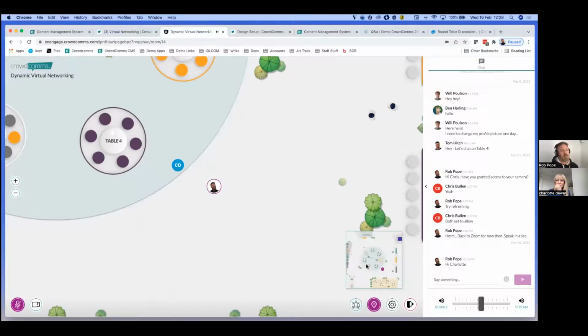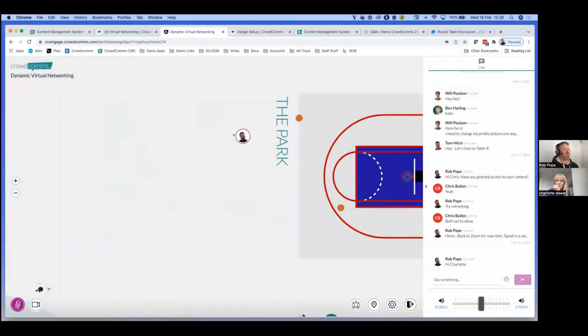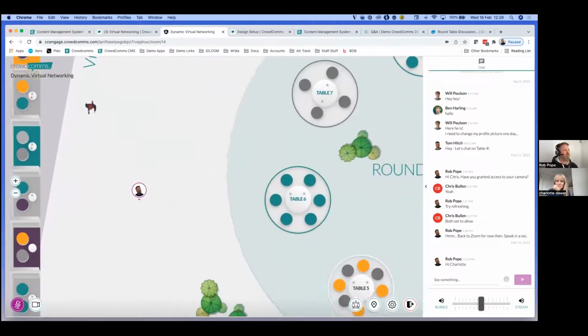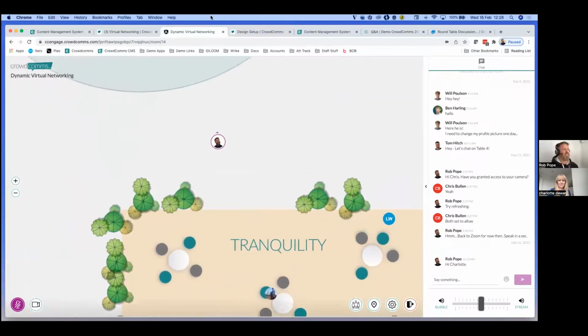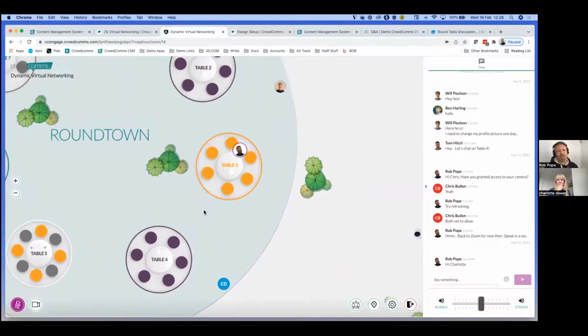We've also got the mini map to show you where you are. And if I do a quick zoom around, you'll see the length and breadth of the room. It's 4,000 by 4,000 pixels, and you can have any design you like as a backdrop. We've here gone for some sort of a hangout zone, tranquility area. They're just reference points, so you can say to someone, come meet me at table 3 and let's have a chat. But these could be potentially the principles that we could go and explore, and the whole thing feels very